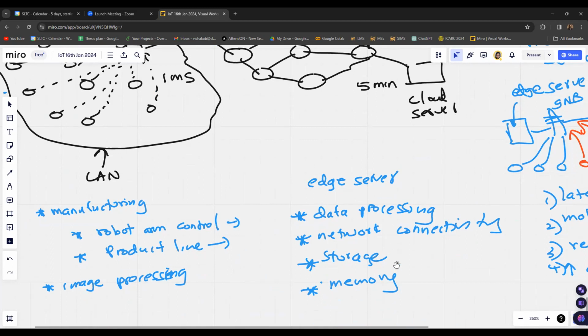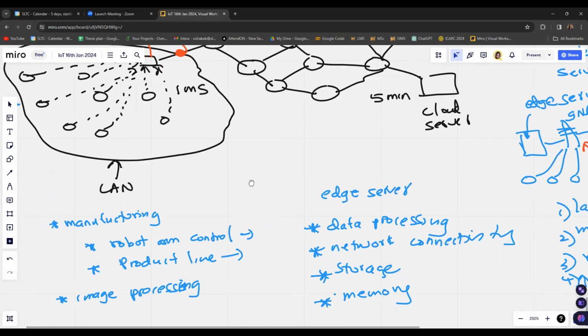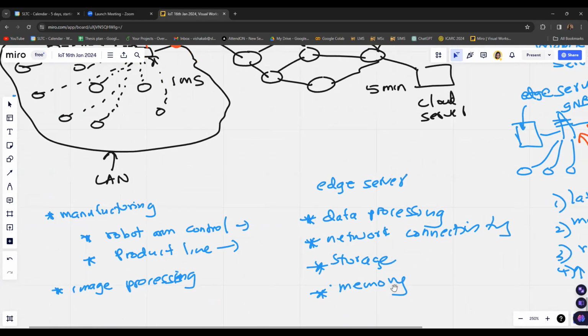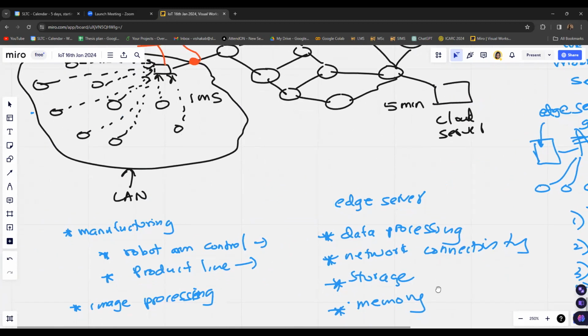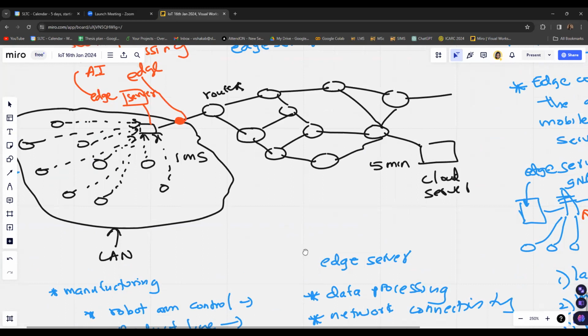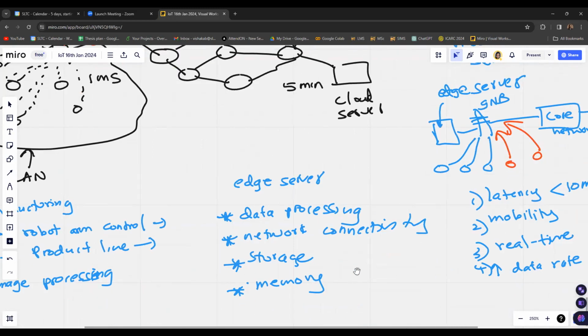Also, the storage and memory capacity of those edge servers can be considered considerably high. So what we have here is an edge server which is resourceful, that can do data processing, that can enable network connectivity between devices, and that can also store large amounts of data.